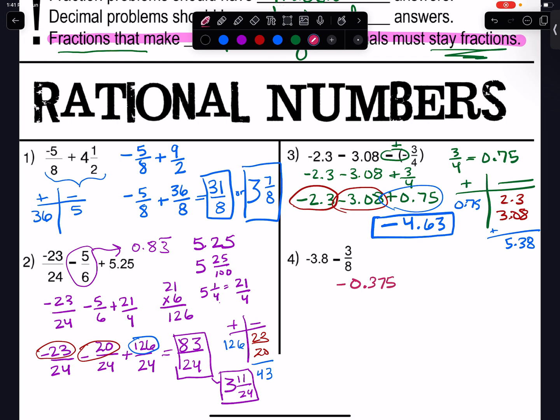Here's another situation where it might be easier to use your calculator and use decimals. So I'm going to make my scoreboard. Both of these numbers are negative. I have a negative 3.8 and a negative 0.375. So the negative team gets all the points and they win by a total of